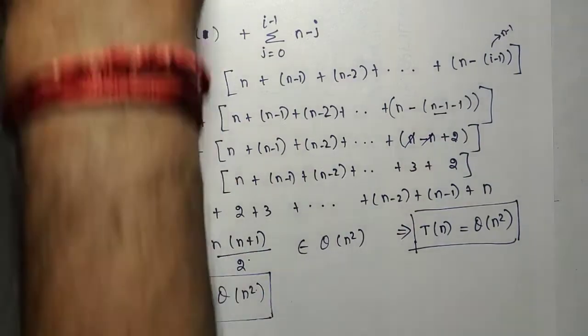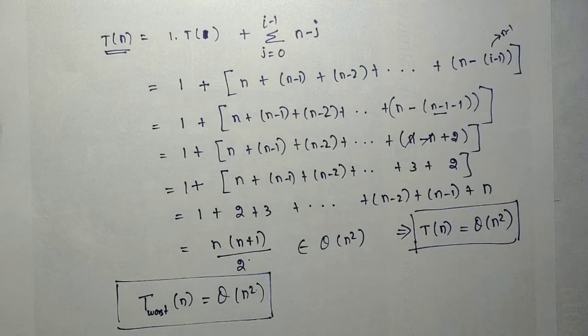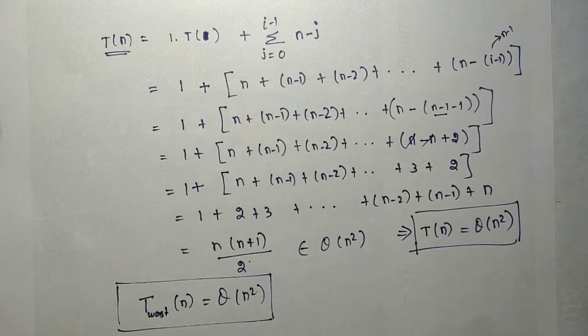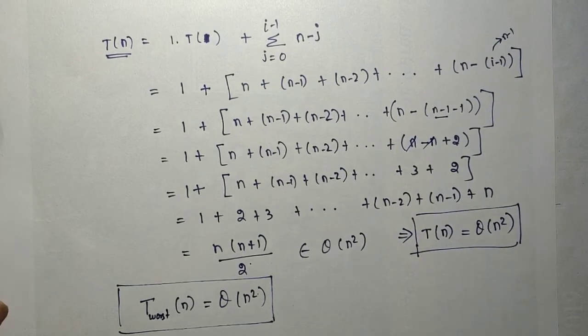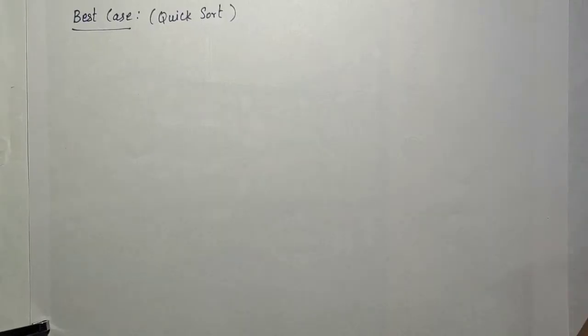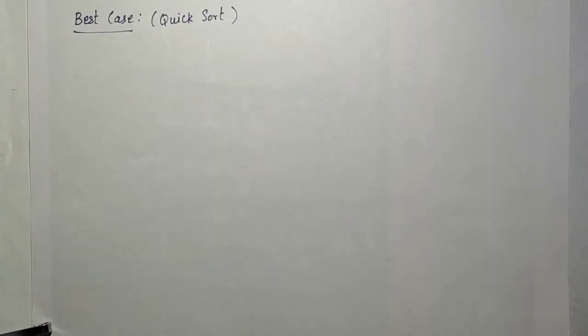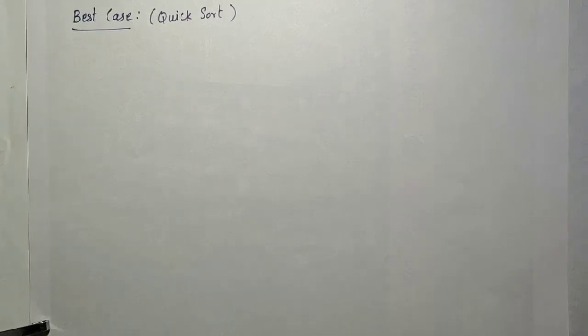Next we will discuss the best case complexity, what the best case input is, what the best case complexity is, and what the average case complexity of quicksort is. First, the best case complexity of quicksort. The time complexity for quicksort depends on the split. The three different cases of complexity mainly depend on the position at which the split occurs.